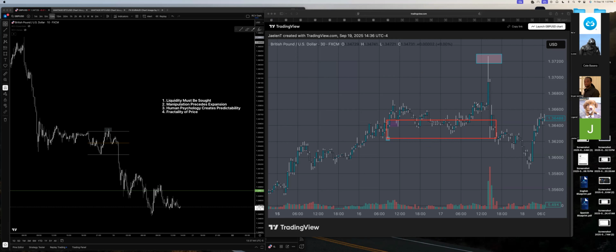And if we're looking at this POI here, and we're looking at reactions internally, okay, this is like first course stuff. We have a series of lower highs. Lower high, lower high, lower high. And then this is where that OFD happened, once we had this break. So then that's when I entered there. So I wouldn't enter based on the POI. I would enter based on the reaction. Does that make sense? Yes, no?